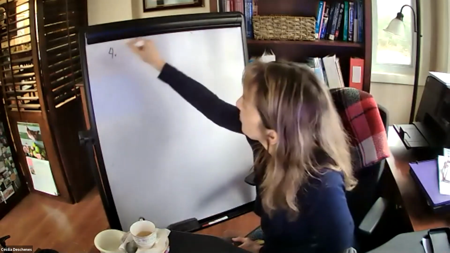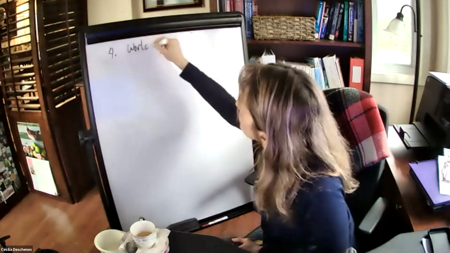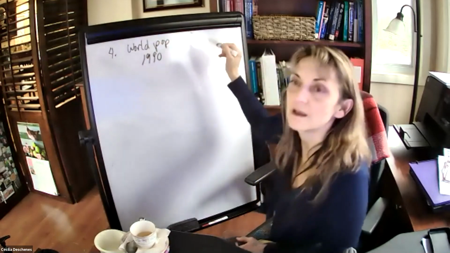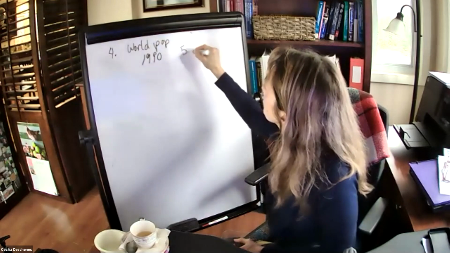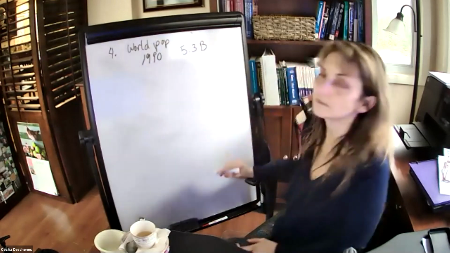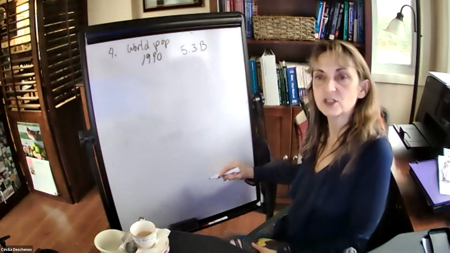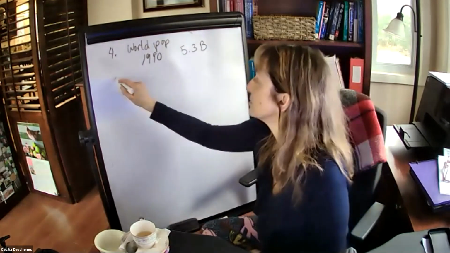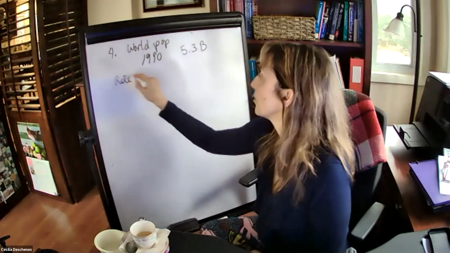So this is question number 4. Assume that the population continues to grow at a rate of approximately 2% a year. So rate of growth